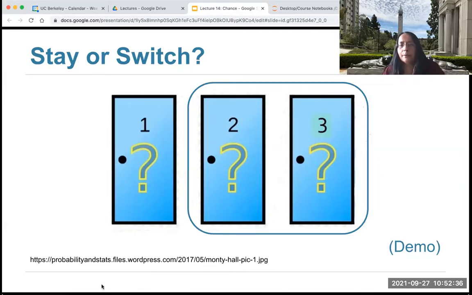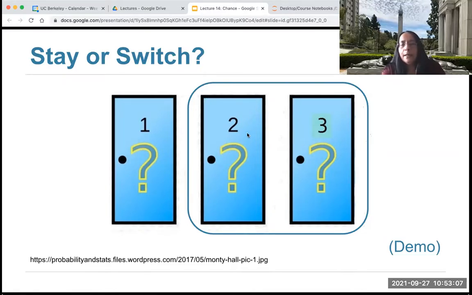So now, one more time. Should you stick with the door that you had, or should you switch? You should switch. Because honestly, it doesn't matter what Monty does with the doors, your chance is still 2/3 in this circled group.